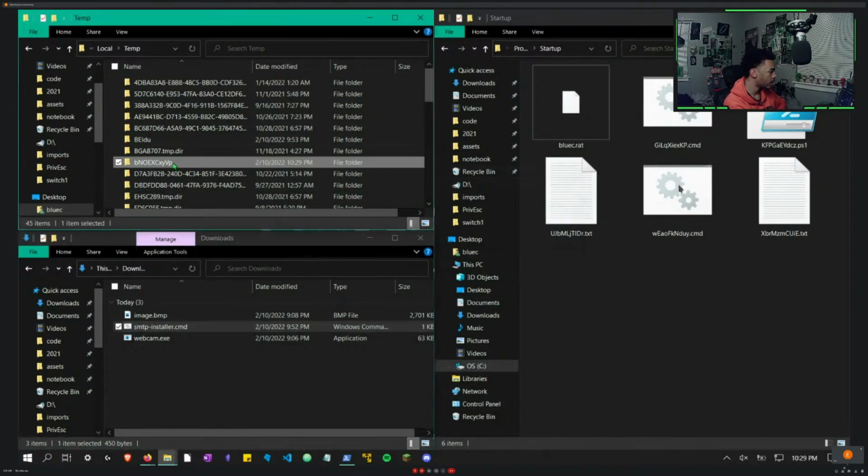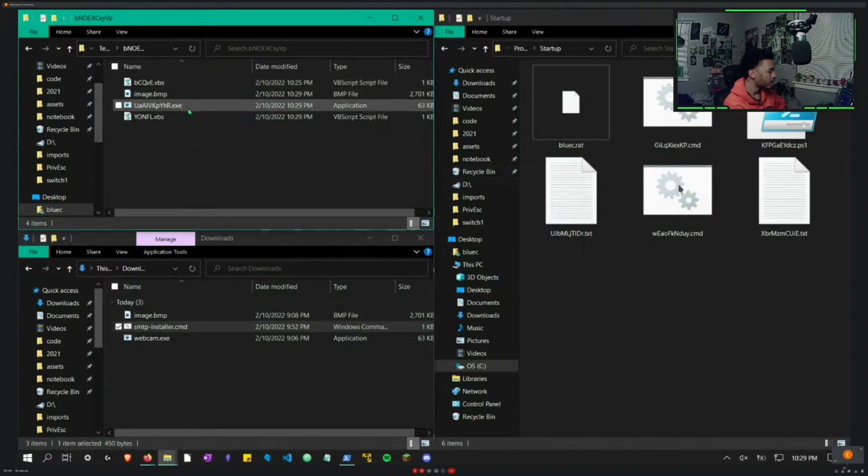So if we go into here, okay, yeah, so the file is in here. Awesome. So the executable file is in here. Then we have our image.bitmap. So part 1 is done. Now we just need to finish part 2. So part 2 is,